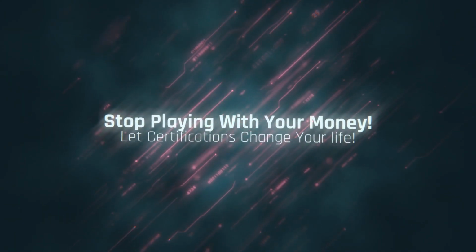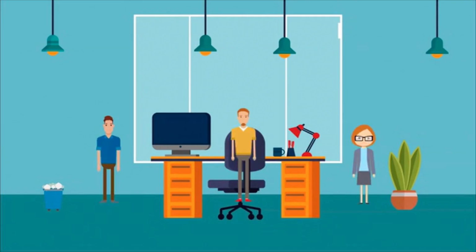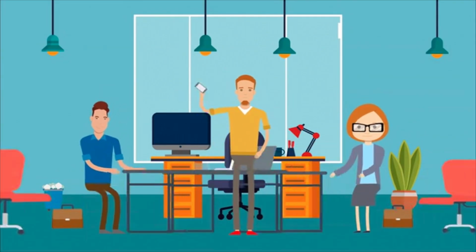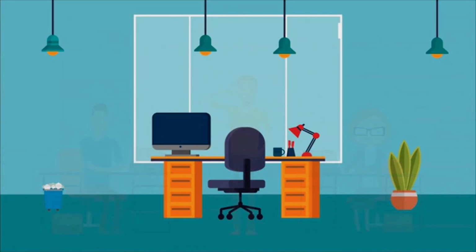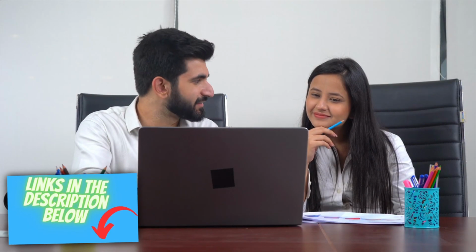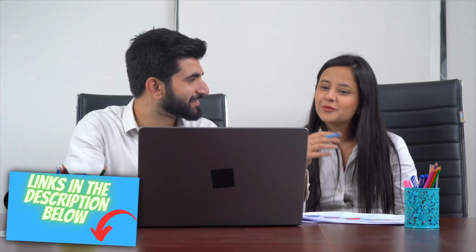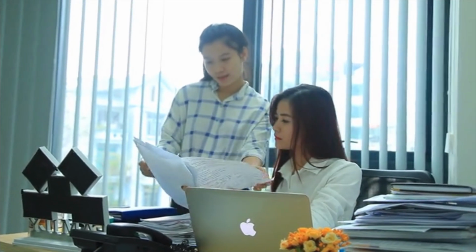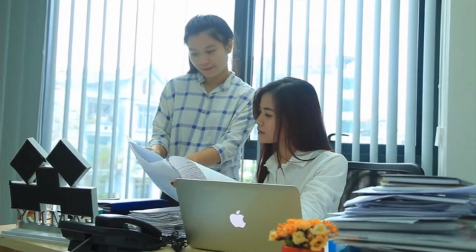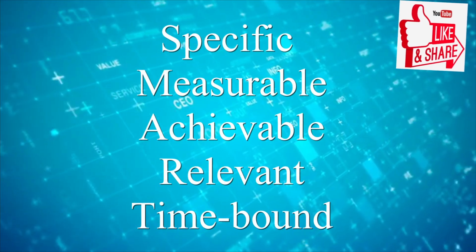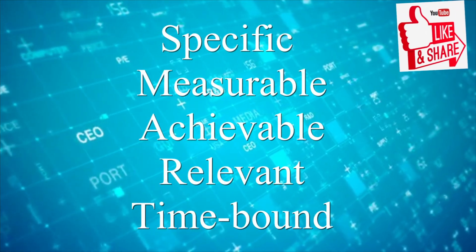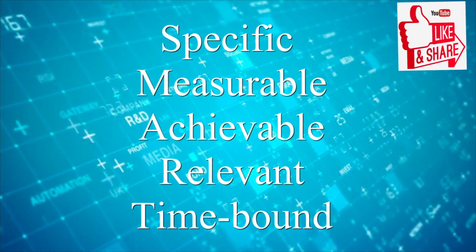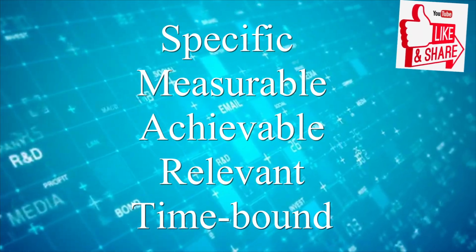So let's get started. As an entrepreneur, we're all in a rush to accomplish many things when it comes to running a small business, but in order to do so, we need to incorporate all of these criteria to help focus your efforts and increase the chances of achieving your goals. SMART goals are a framework when it comes to setting clear, attainable, and measurable objectives. SMART stands for specific, measurable, achievable, relevant, and time-bound. Allow me to quickly break down each element for you.